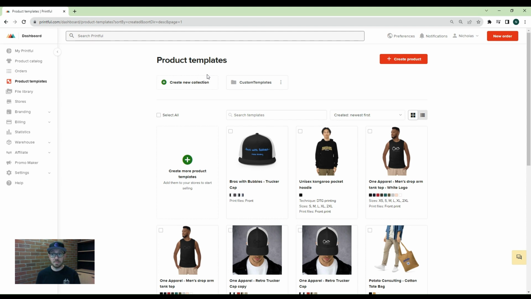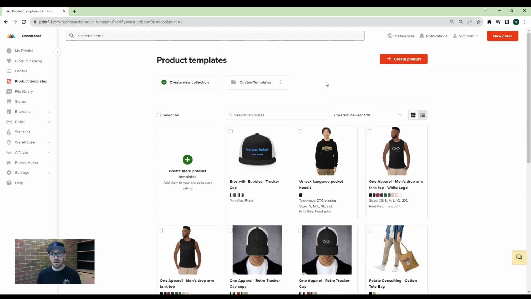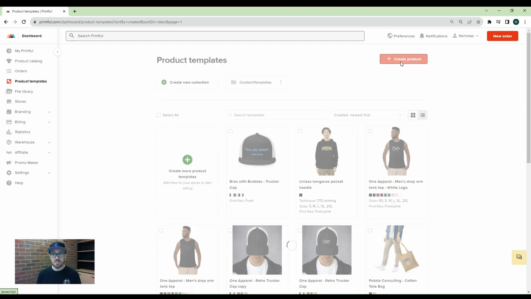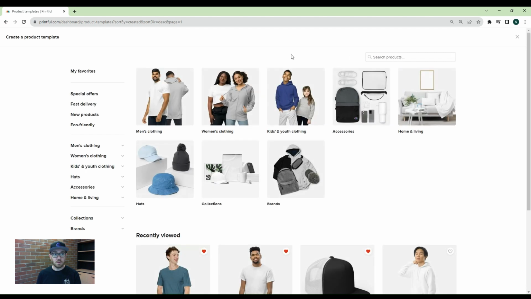Here we are on the product template page. These are all my existing templates. There's quite a few there, as you can see. But we'll start with a new one. We'll go into Create Product, or you can create more product templates here. Okay, once we click Create a Product Template, we see all of the options that are available to us: men's